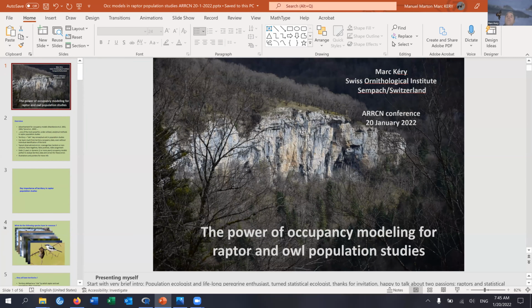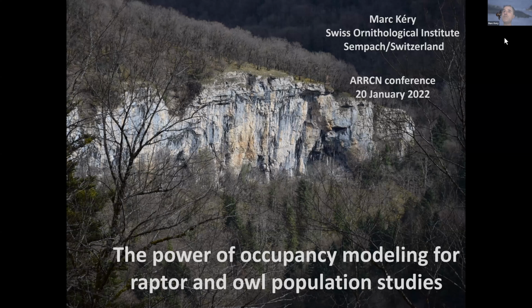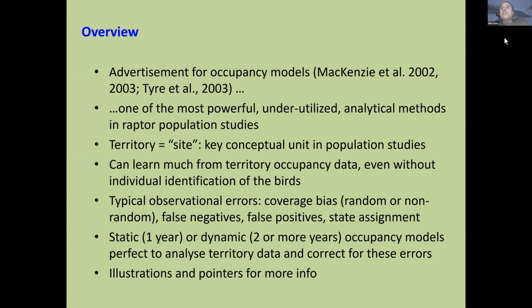Okay. So what I'm talking about is essentially an advertisement for occupancy models for raptor and owl population studies. These models are exactly 20 years old, having been discovered in 2002 by two different groups. And to me, they are some of the most powerful and, at the same time, underutilized